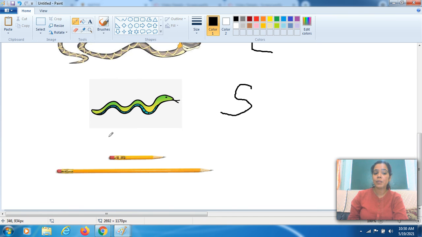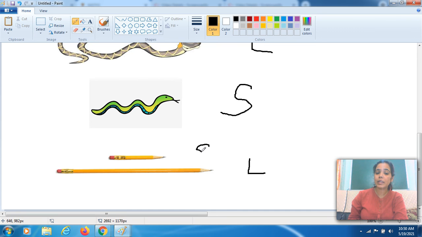Okay, now see, both the pencils are lying somewhere. दोनों पेंसिल कहाँ पर है, कहीं पर फ्लोर पर या टेबल पर. Both the pencils are lying, they are not in standing position, है ना. So this one is, you have to tell me. I want an answer from you. What is this, ma'am? This is long pencil. Yes, this one is long and this one is short.